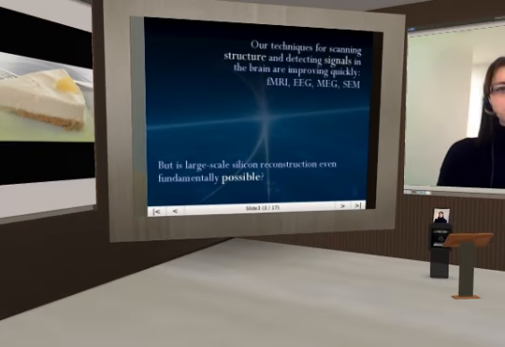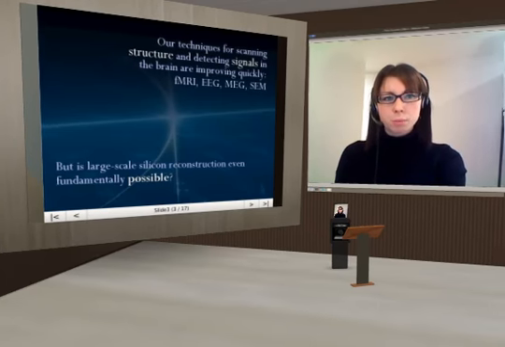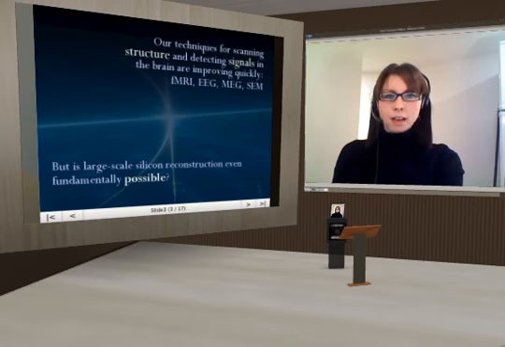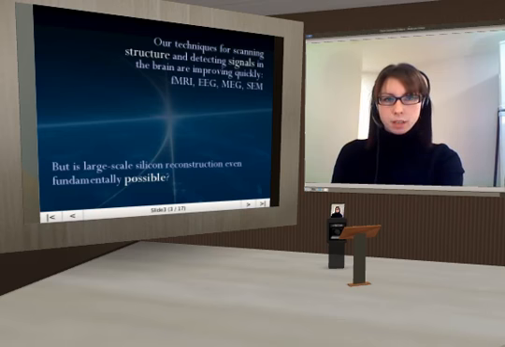So there has been a lot of focus on scanning brains, trying to get the information out of the human brain so that we can process it on our computer systems, and so that we can reconstruct a model of the brain in another substrate, which is usually silicon. And there are many, many people working in this area using techniques such as fMRI, EEG, MEG, and more recently SEM imaging, so actually taking slices of brain tissue and looking at the underlying structure and the connections in order to try and build a good model.